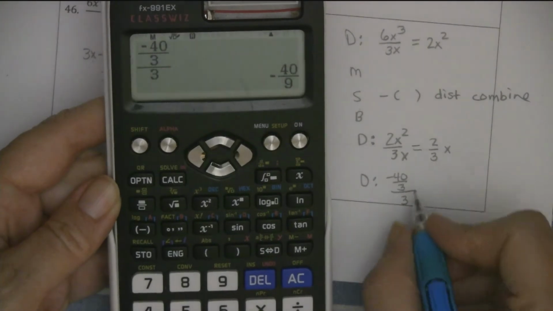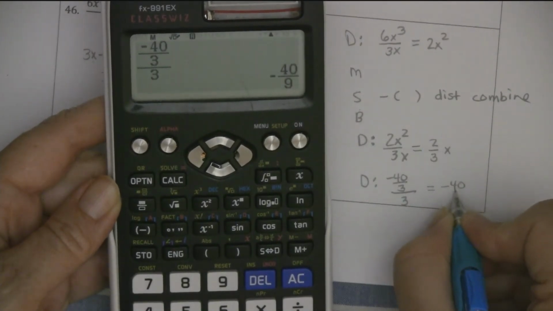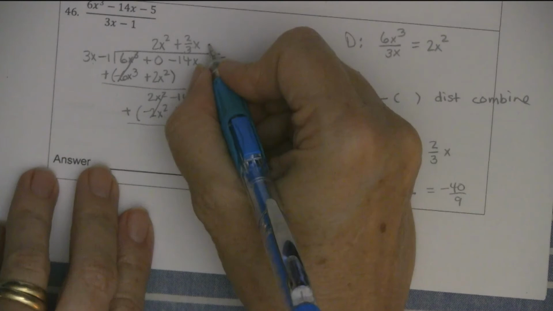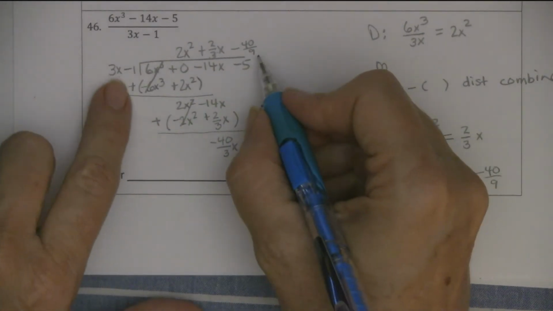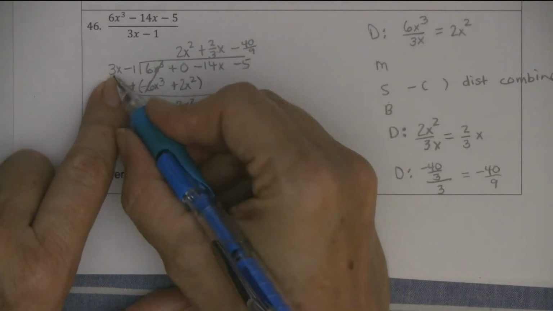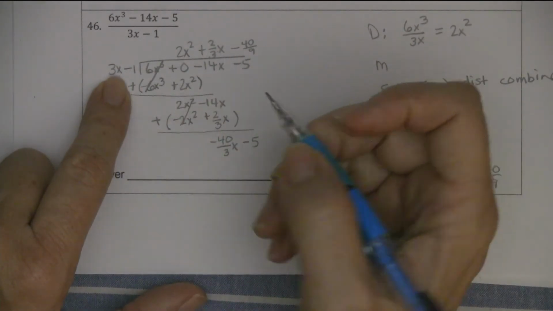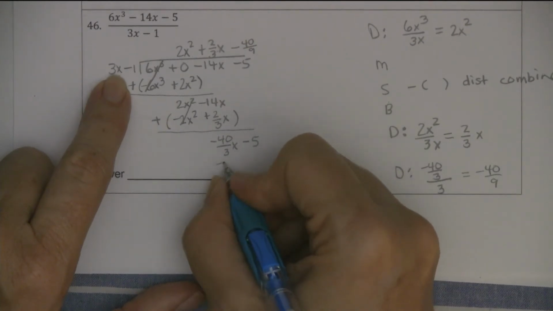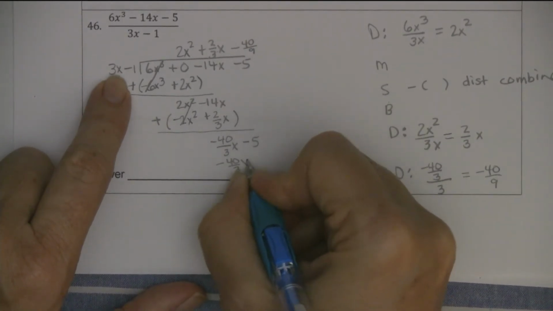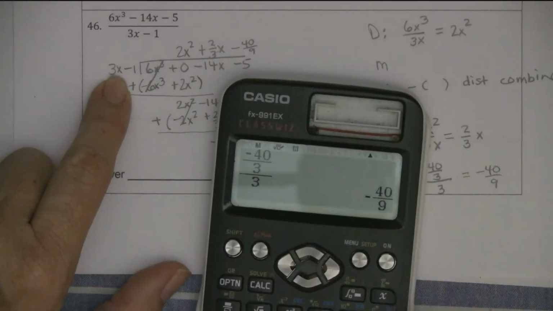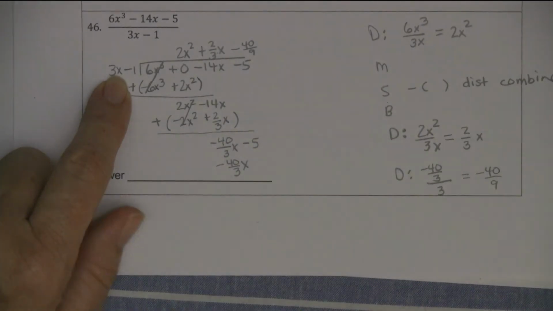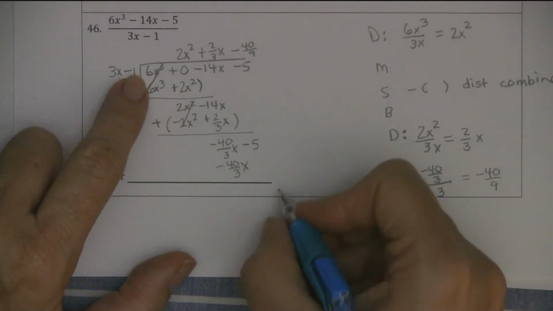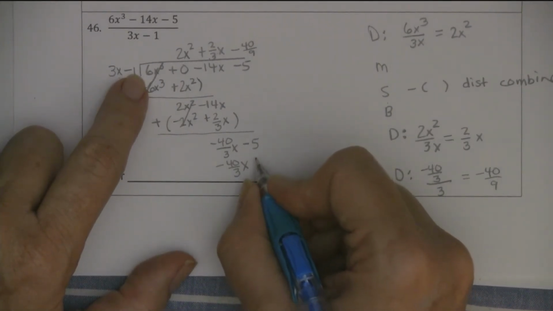So I put it in there and I got -40 over 9. So I'm going to put that up here, -40 over 9. Then I'm going to multiply -40 over 9 times 3. And the good news is I know what it's going to equal. It's going to equal -40 over 3x. And you can test it to make sure that it does, right? -40 over 9 times 3 is -40 over 3. And then I'm going to do here -40 over 9 times the negative is a positive